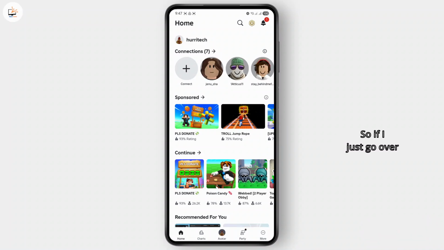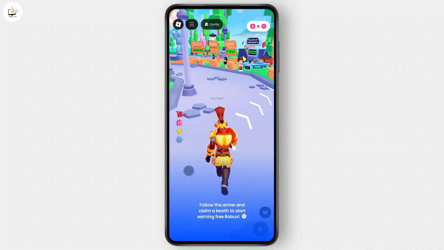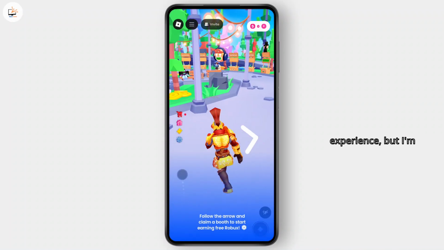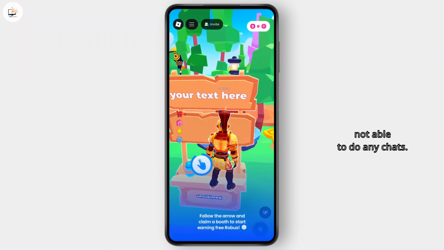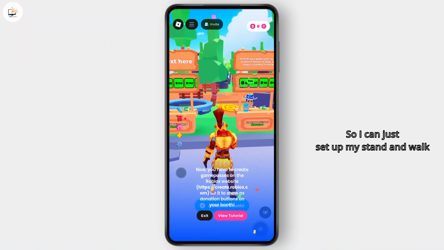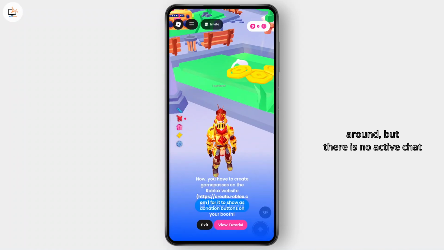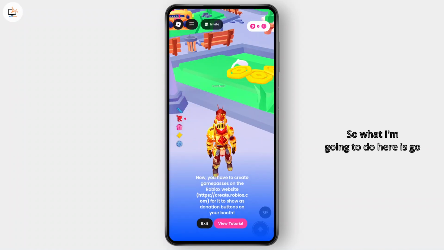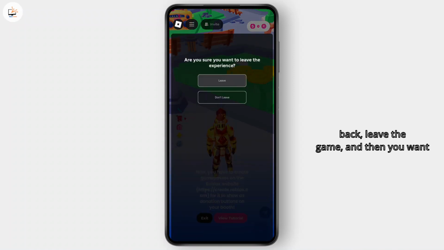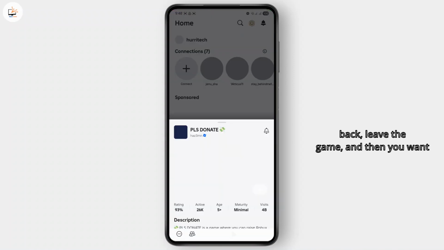So if I just go over to the chat over here, as you can see here, I've joined this experience, but I'm not able to do any chats. So I can just set up my stand and walk around, but there is no active chat option up top here. So what I'm going to do here is go back, leave the game, and then you want to go